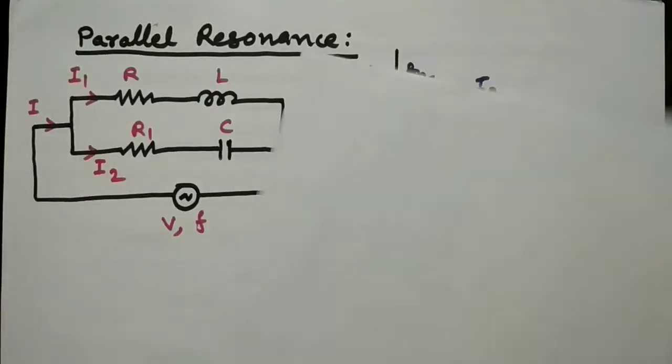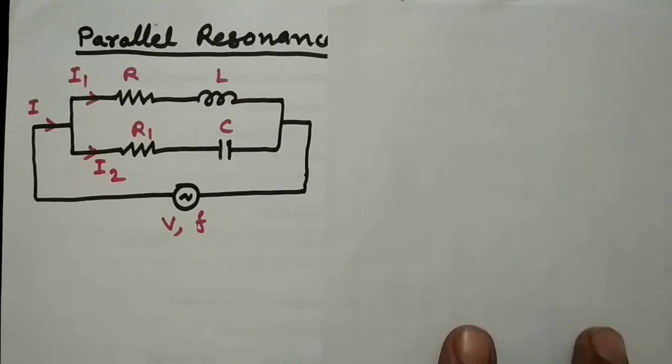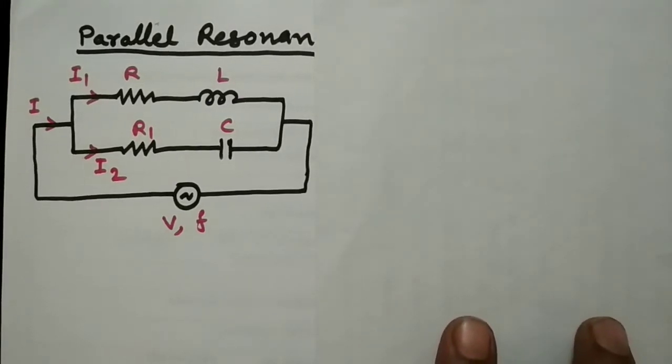In series resonance, we have seen that the inductor and capacitor should be connected in series. And now in parallel resonance, the inductor and capacitor should be connected in parallel. So this is the circuit diagram where